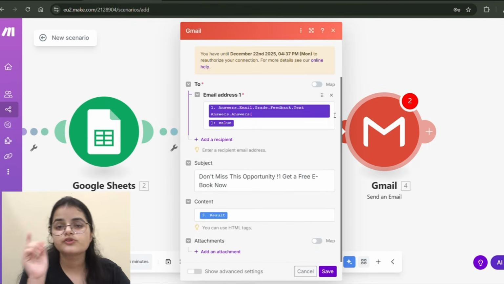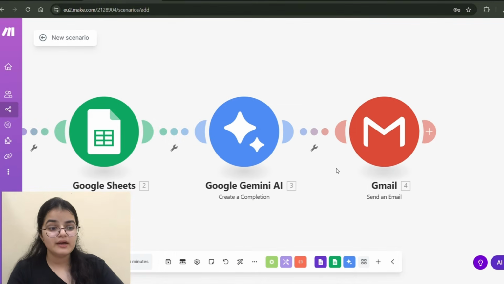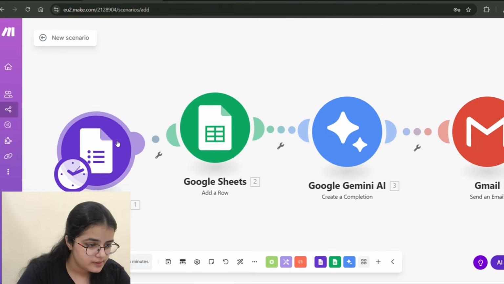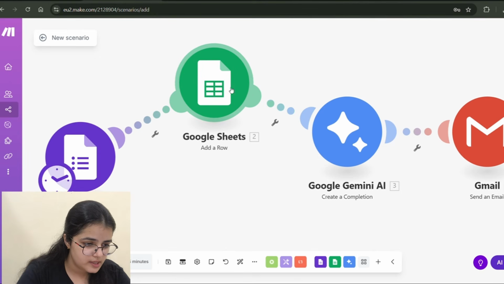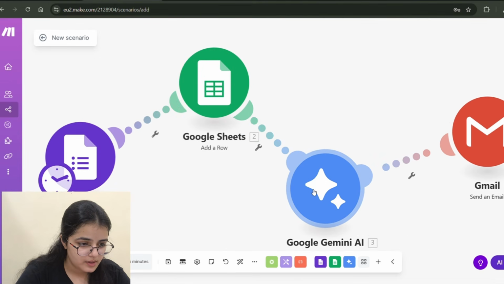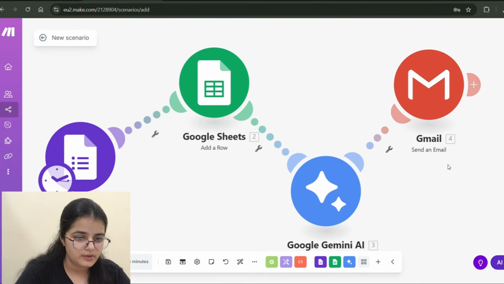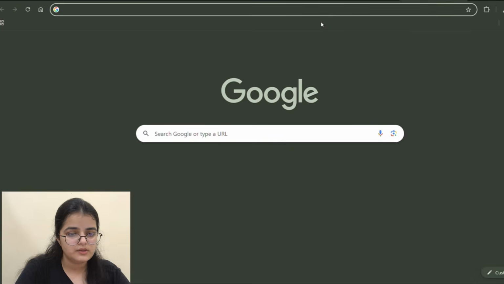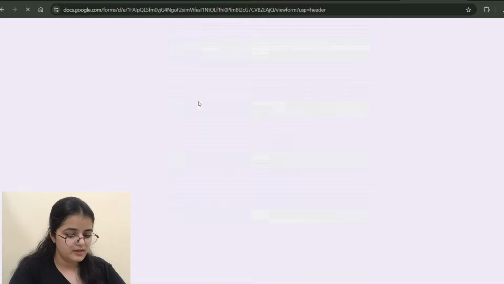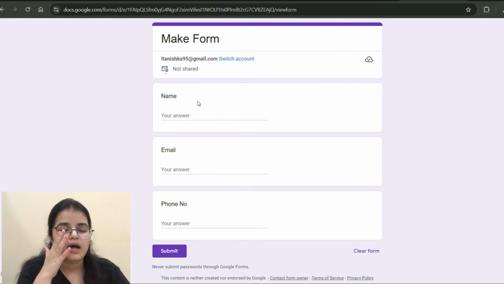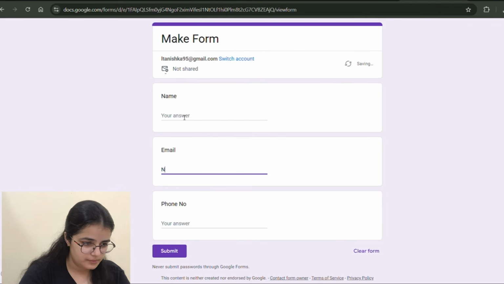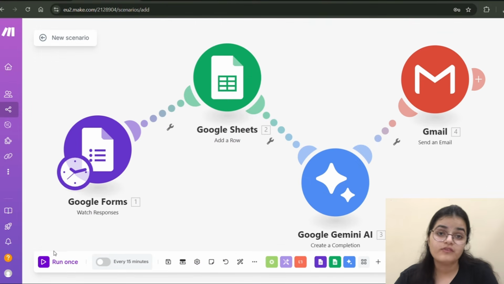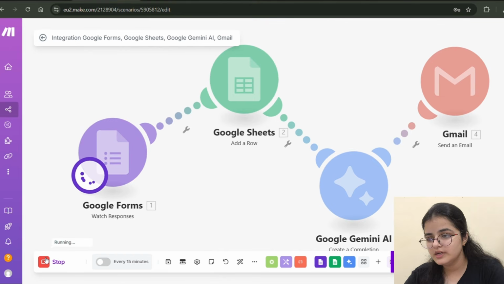So now you have the complete workflow ready by using all the free modules and absolutely no code. So Google Forms, then Google Sheet, and then Google Gemini and Gmail. Okay, we can enter using our form. Now I'll just copy this link and open it in a new tab, paste that link here, and now I'm going to add in my name, email, and the phone number. Okay, so we have like name. You just need to click on submit like you fill any other form, and